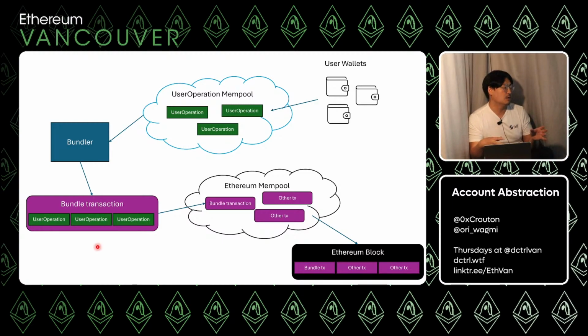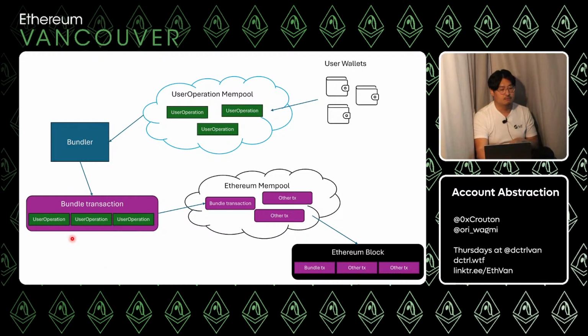That's probably a lot of the work that they do. But ultimately, there is a list of user operations, and then this transaction is actually just a call to the entry point contract. That entry point contract takes in, as part of its call data, a list of user ops, and it'll loop through them and do all the on-chain stuff one at a time.